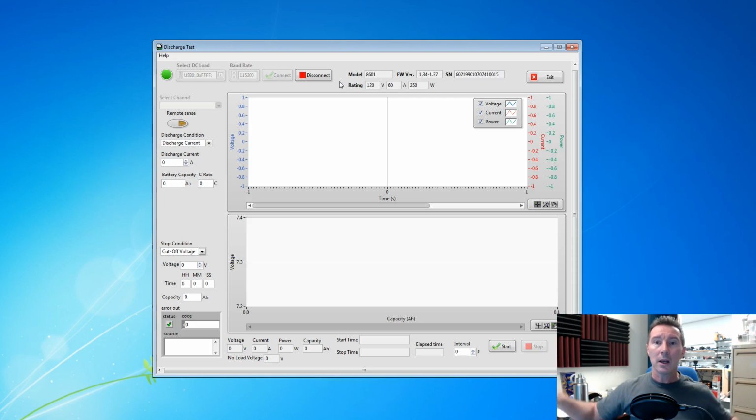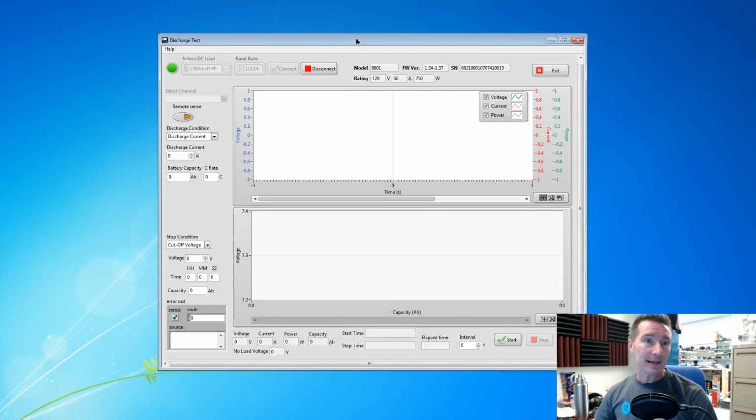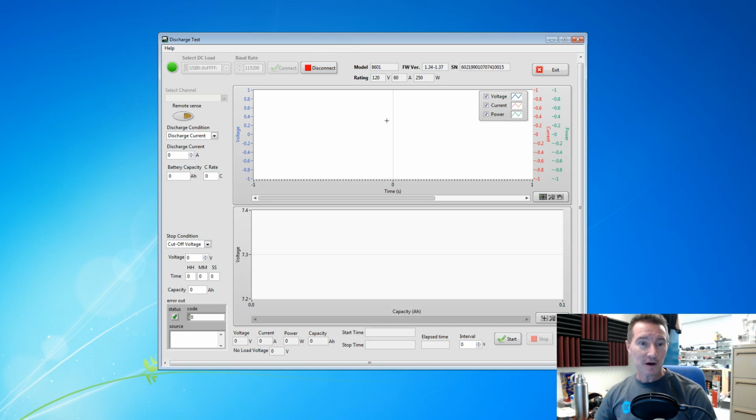Yay! We're in. Win. It's obvious once you know, but out of the box, it's just a pain in the butt. Sure, it didn't take me long to figure that out. Now this battery discharge tester does look better and more functional than the other one, but still it doesn't have basic functionality like constant power discharge